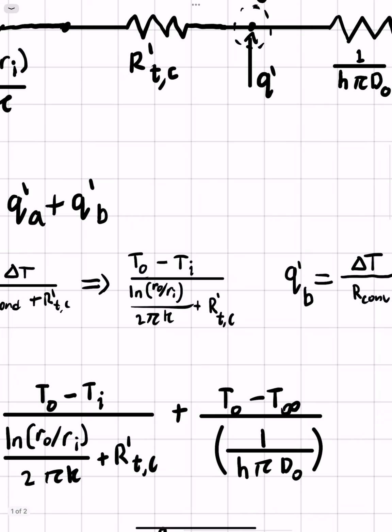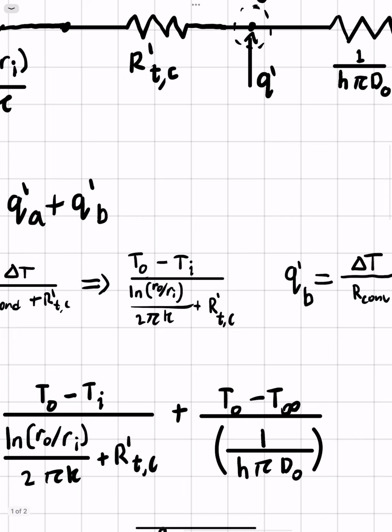For QB, we're going to have the change in temperature on the right side over the resistance associated with convection. So this is equal to T outside minus T infinity, because again the heat is flowing towards QB, all over 1 over h pi D, and normally this would have an L, because this is h times the area, and the area on the outside of a cylinder is pi D L, but again because we're doing it in terms of per unit length, that L will be dropped. So instead we end up with QB as shown here of just T outside minus T infinity over 1 over